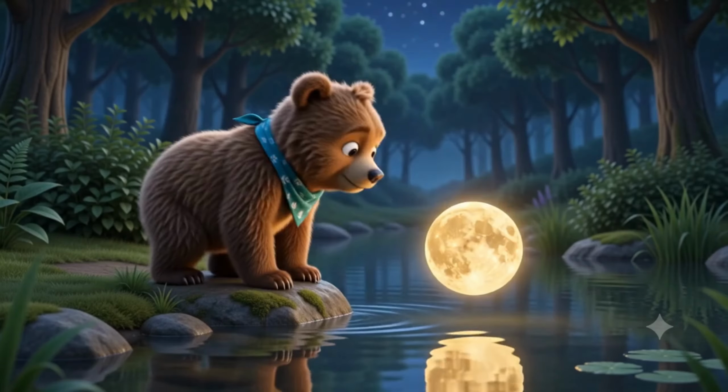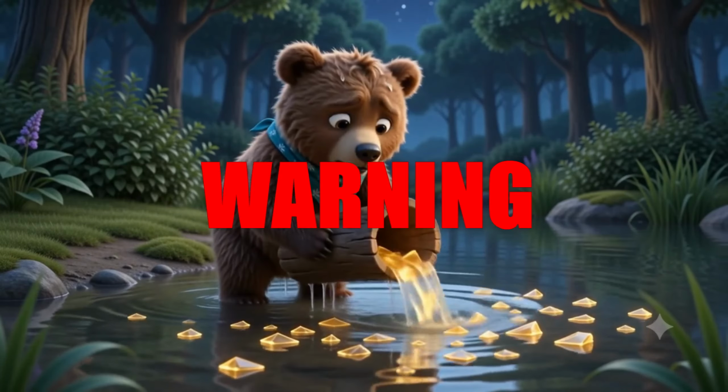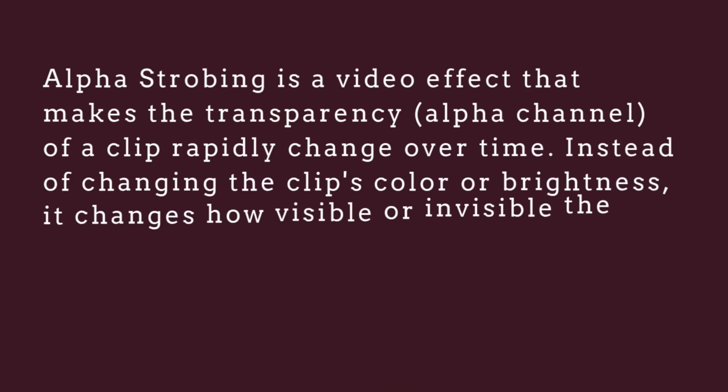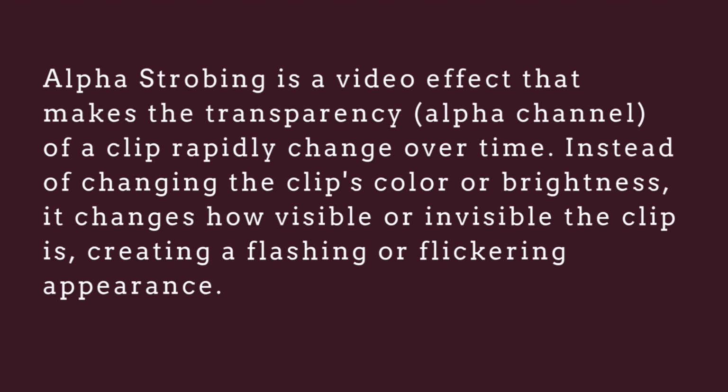So in this next video, we're going to look at alpha strobing. So what is alpha strobing? Alpha strobing is a video effect that makes the transparency or the alpha channel of a clip repeatedly change over